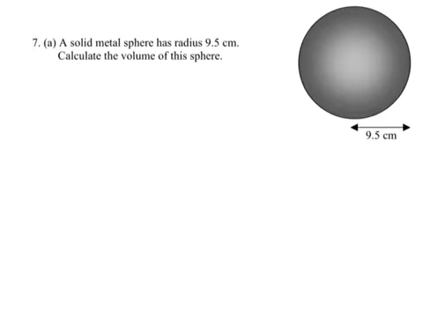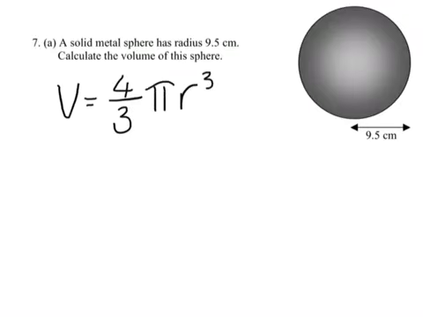Question 7a. A solid metal sphere has a radius 9.5 centimetres. Calculate the volume of the sphere. So the volume of a sphere formula is V equals 4/3 pi r cubed, where V is volume and r is the radius. Substituting in our radius, which is 9.5 centimetres, then that gives us V equals 4/3,